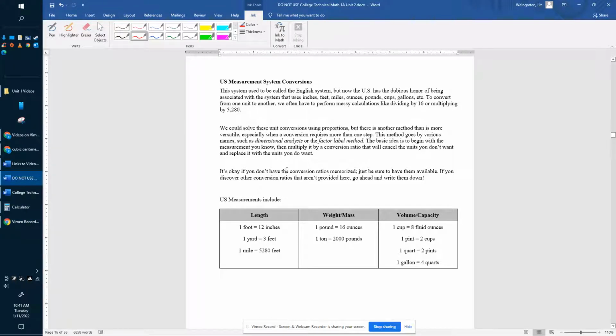Moving on to the US measurement system. This used to be called the English standard system until they were smart enough to move to the metric system. So you will see that the US measurement system is a lot more complicated. We're going to have to use our calculators more, and we're not going to be able to simply move decimal